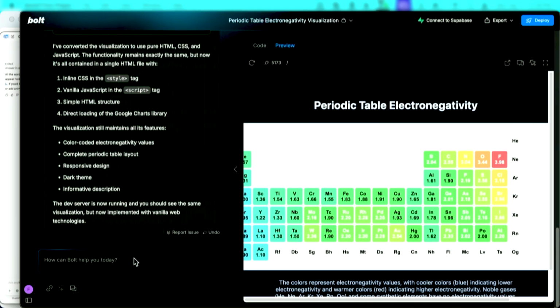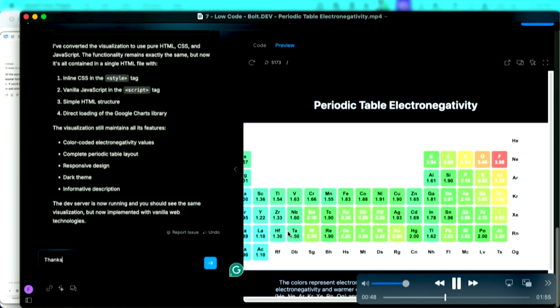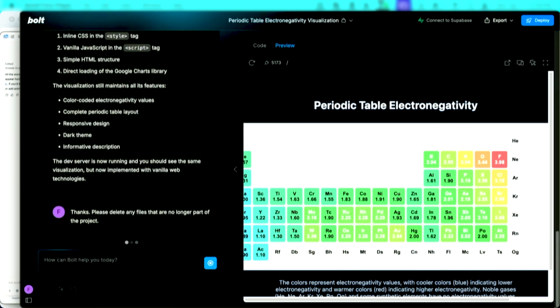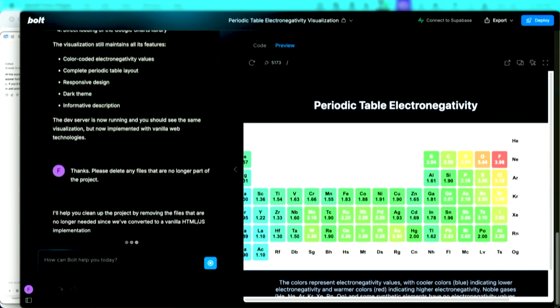Right. And this is basically a plain HTML and JavaScript application. So again, it doesn't need to run on the web or anything. I can just simply run it here, screenshot it, and take it from here. Right. So that's like a side use case where you're just using it for visualization as a one-time thing. Yeah. Have you ever run into any accuracy issues like that? Let's say different elements aren't on the periodic table, or things are just inaccurate in general?